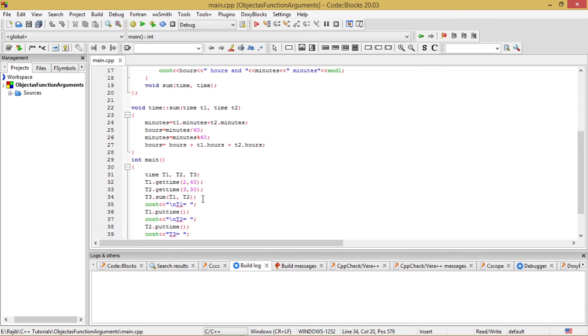So see, we are calling the function sum with the help of the actual arguments, which are nothing but objects themselves. So this is the concept of objects as function arguments reiterated over here.